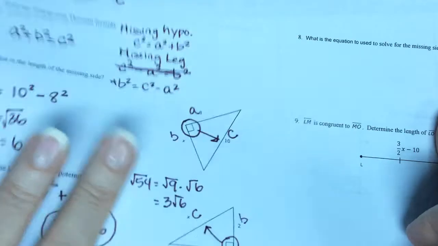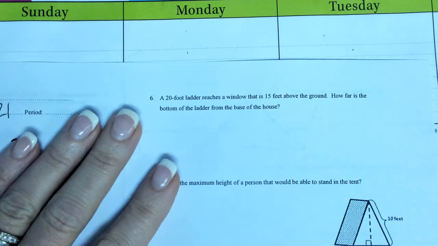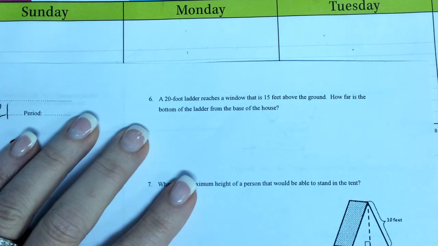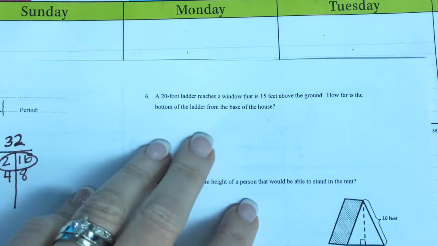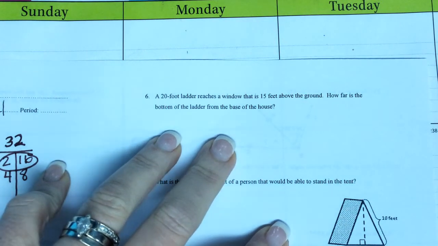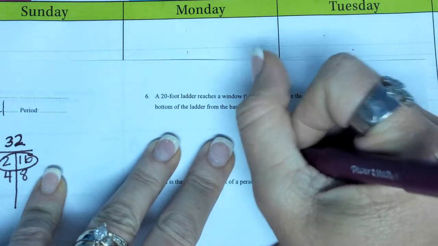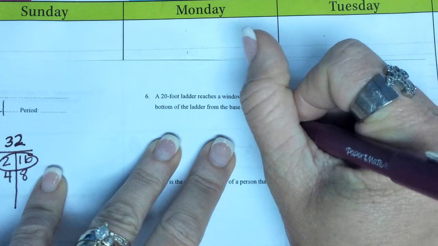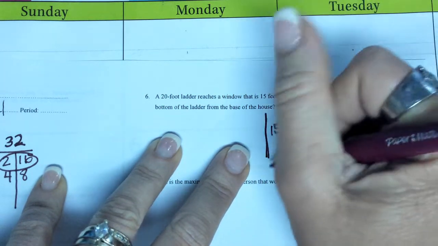Okay, so going over to number 6. Number 6 says, a 20-foot ladder reaches a window that is 15 feet above the ground. How far is the bottom of the ladder from the base of the house? So to give us an idea of how we would even work this problem, we need to draw ourselves a picture. So for a window to be 15 feet above the ground, we know that it's going to have to go straight up. So this is going to be like that 15 feet that I have at this house